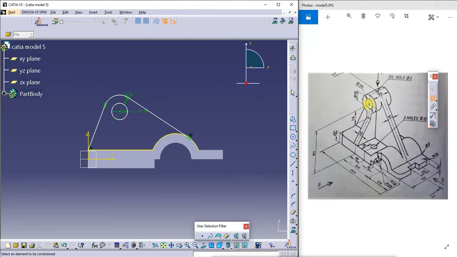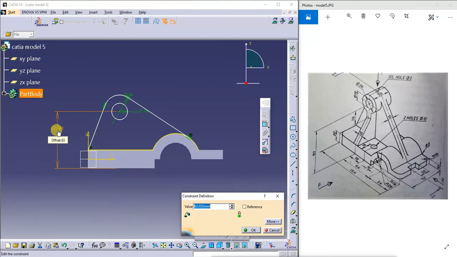From the center it is how much? 82 from the base. From here to here is 82.